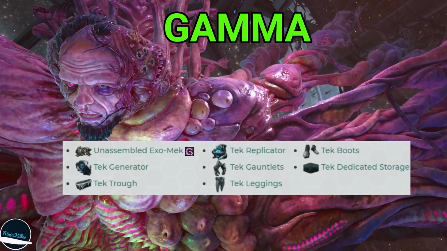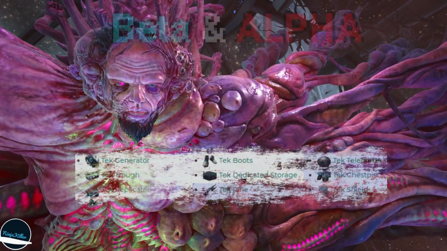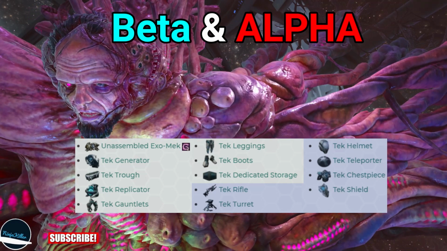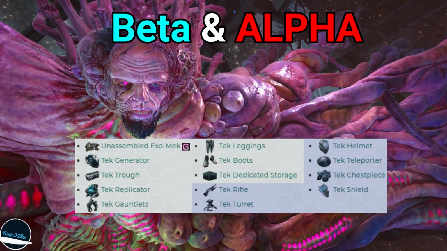When you defeat Rockwell Prime on Genesis Part 2 on Gamma difficulty, you'll be rewarded with the following Tekgrams. When you defeat him on Beta or Alpha difficulty, you'll unlock the following new Tekgrams that are currently highlighted on the screen, along with the Gamma Tekgrams. So it is recommended to do the highest difficulty so you can get them all at once rather than doing